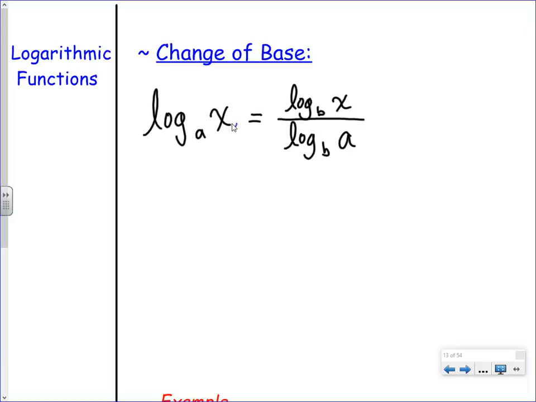Log base 10, because there's a button for that, or they could also change it into what? ln, either one. So technically, just quick examples of what we could do, we could then say, like if we're trying to get to those easy buttons, we could just do log base 10 of x over log base 10 of a, or another way of saying it is, we could do ln of x over ln of a.